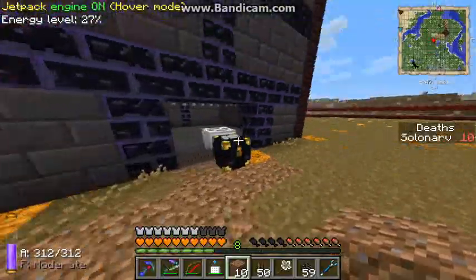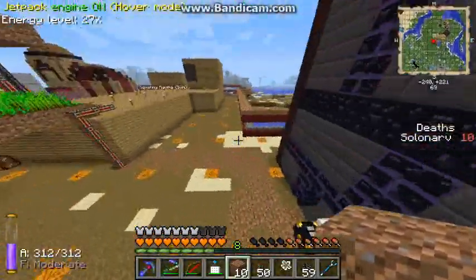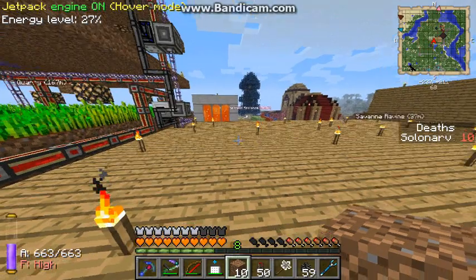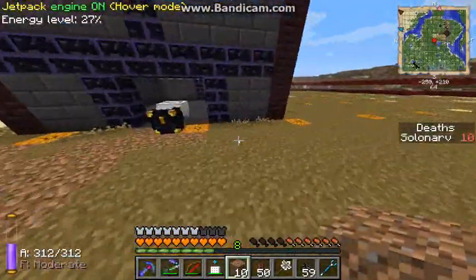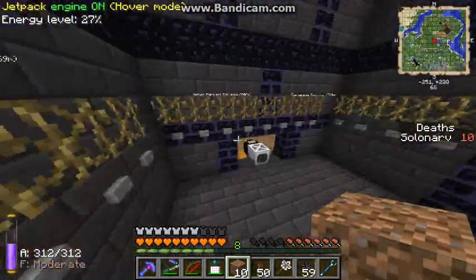I might, if there's some sort of dark glass, like, okay. No, I'd like to use like dark glass, like a block that lets me see through but blocks light. I don't think there's any of that in Feed the Beast, in this version, or in this Feed the Beast pack though. Okay,